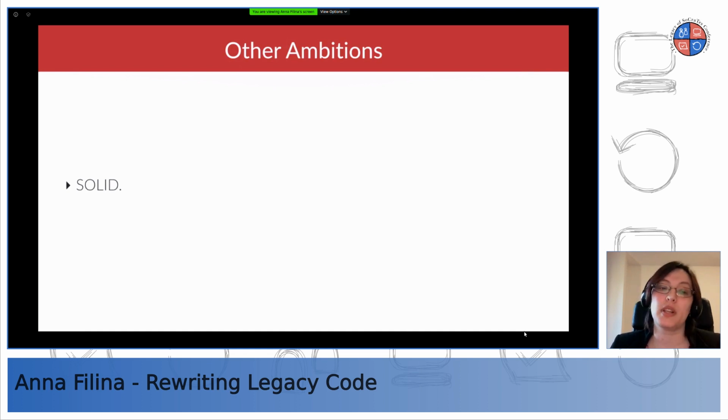So people want to make their code follow the SOLID principles. They might want to introduce some test-driven development, which is, again, great. But if you don't have testable classes, that might be difficult, especially since people always think that test-driven development is about unit tests, which is not the only type of tests. And I will show you, I have a whole section on how to test legacy.